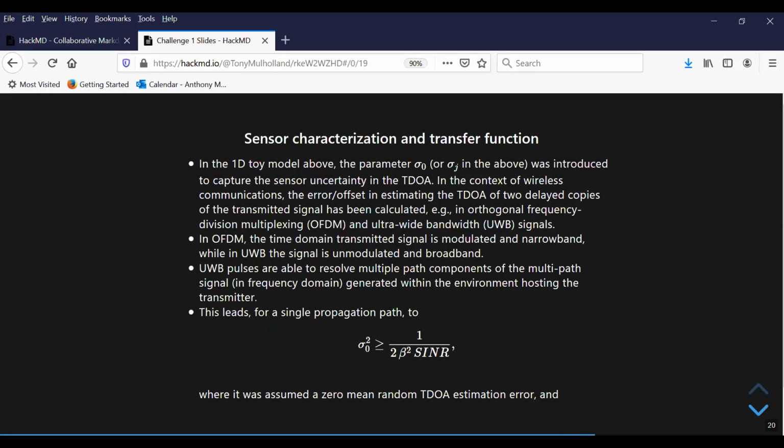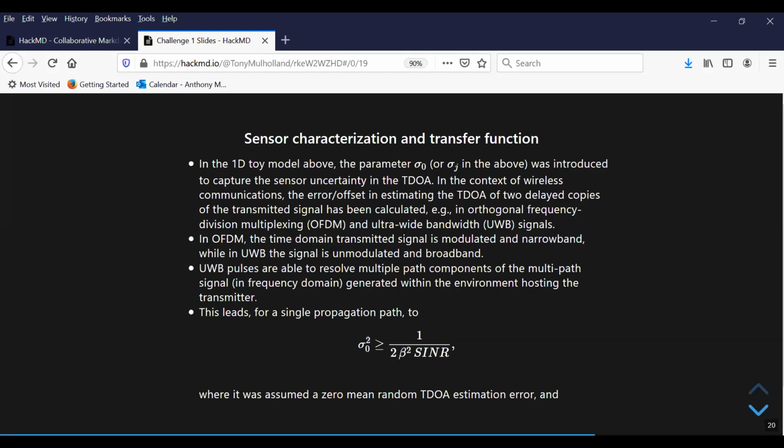Okay, thank you very much. So I should say that I think the form of this is due to Gabriella, so I'm just presenting it. It's really about going into a bit more detail about how the sensors behave, in particular relating the timing error to the signal to noise ratio, which in turn can be related to the distance from the source based on some path loss factor.